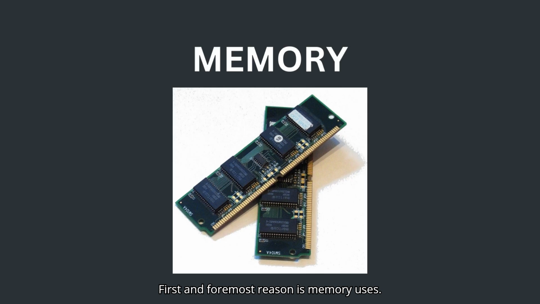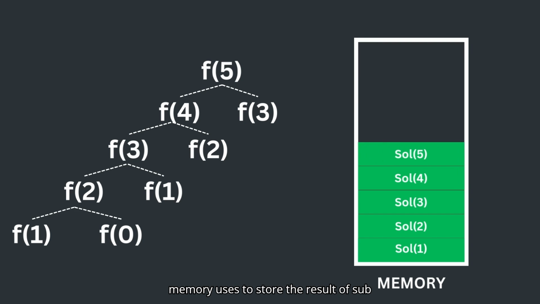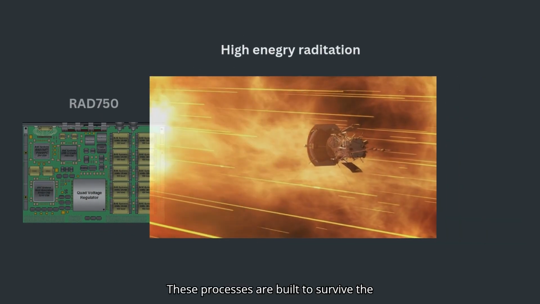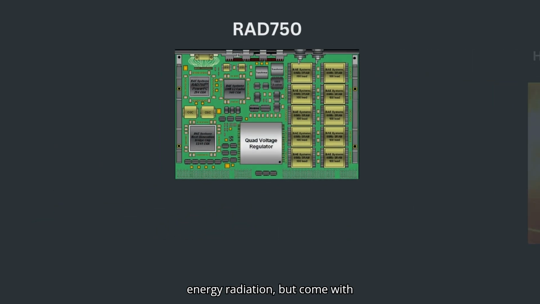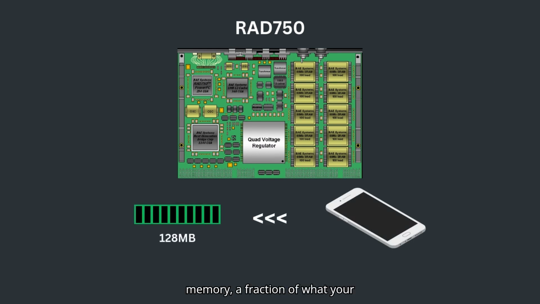First and foremost reason is memory usage. Dynamic programming requires a lot of memory to store the results of subproblems, and NASA's onboard systems use specialized processors like the RAD750. These processors are built to survive the harsh environment of space, like high energy radiation, but come with limitations. For example, they usually offer only 128 MB to 256 MB of memory, a fraction of what